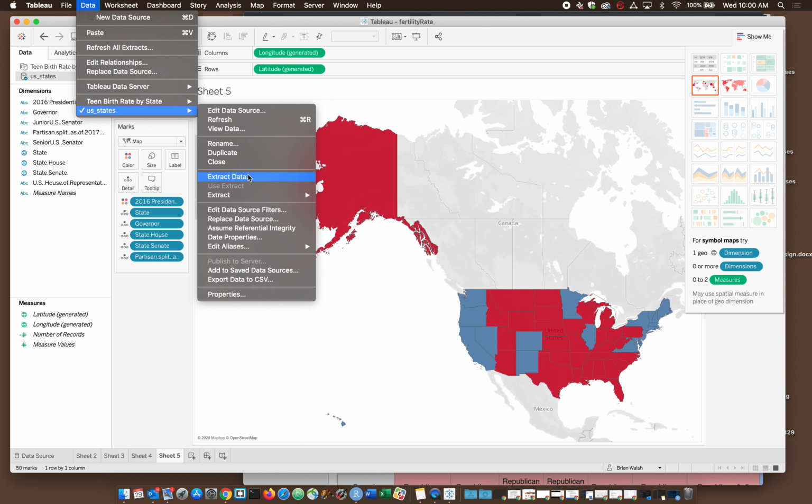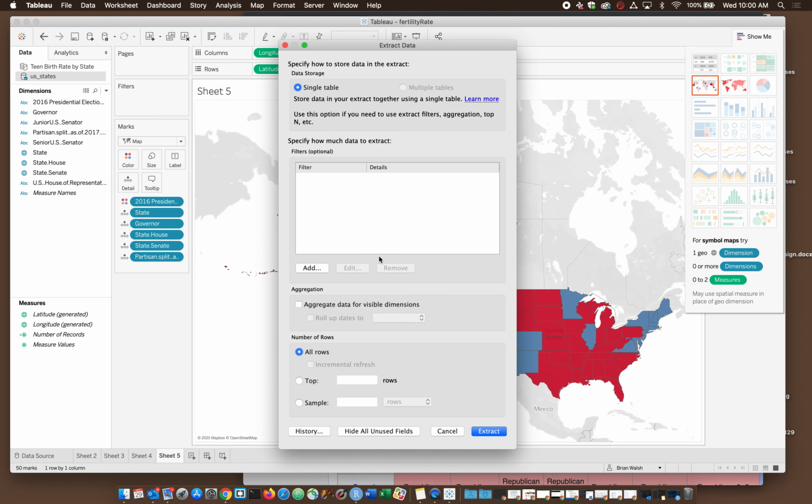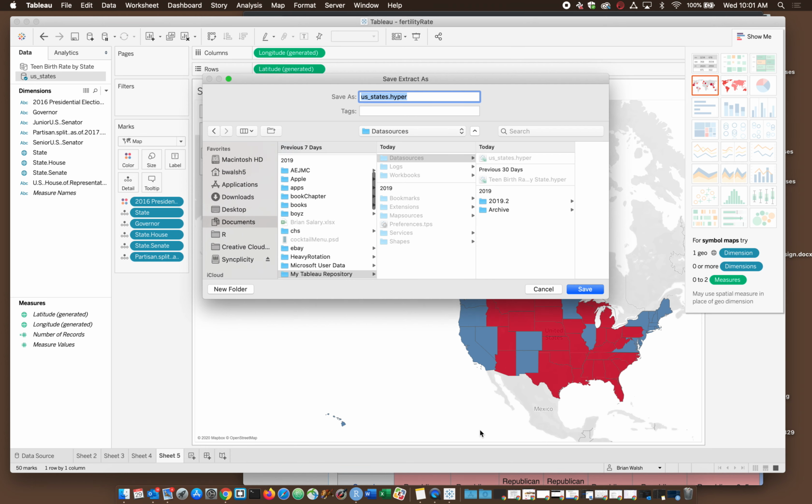So extract data. Here's the good news. It pops up this confusing looking thing. You just hit extract. I have done this 8 times and not had issues. It is going to ask me to save it. And you'll see it's actually saving it in my Tableau repository data source. Like this isn't a folder I made. This is some weird place. I've already done this. That's why it's